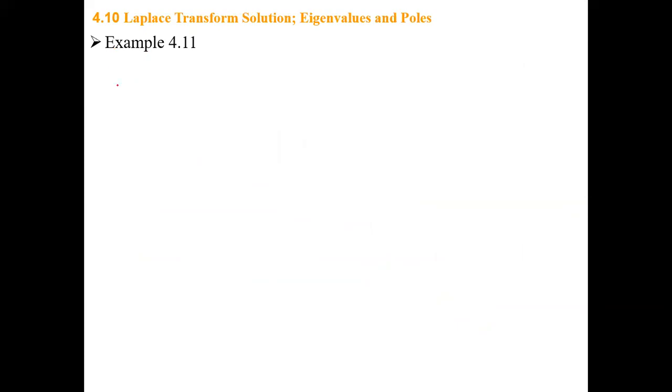So let's find that Laplace transform solution, eigenvalues and poles. So the problem is this. If you have the book, I'm doing this from the book. The problem is x dot equals the matrix [0, 0, -24; 1, 0, -26; 0, 1, -9] times x